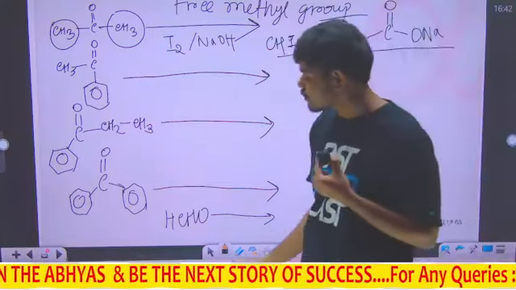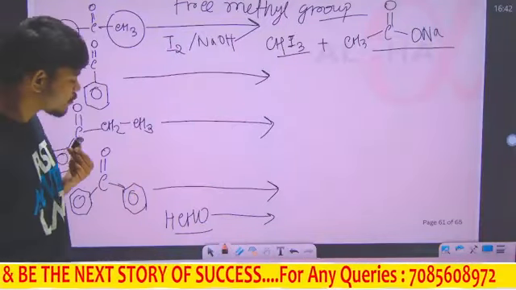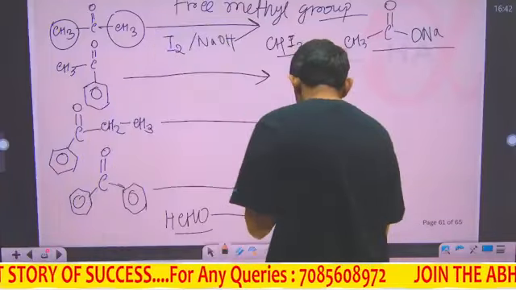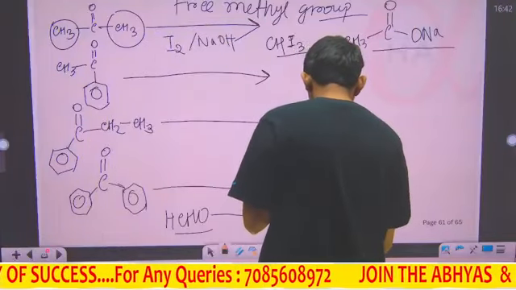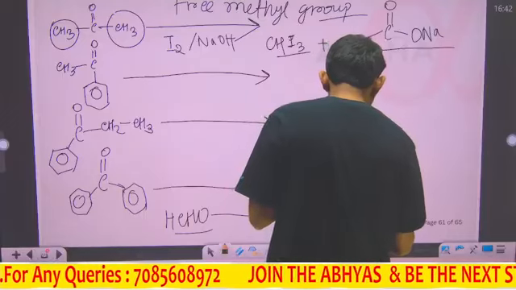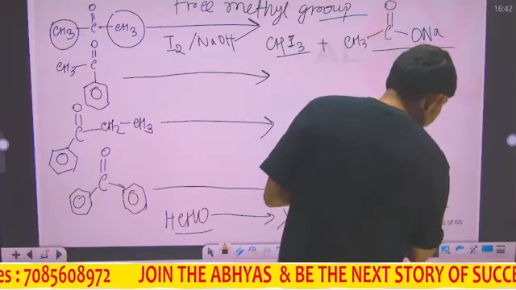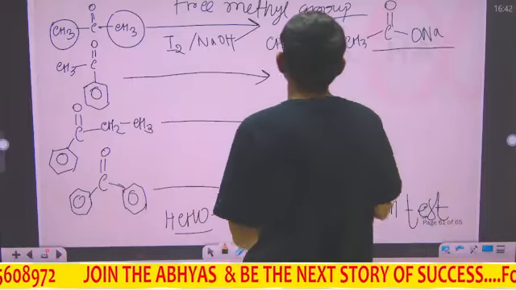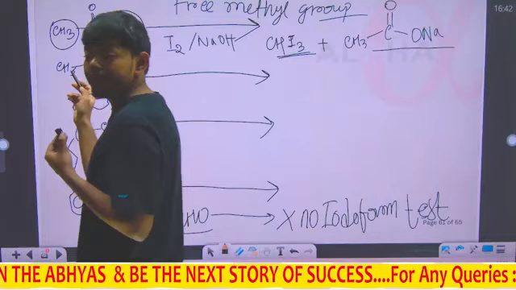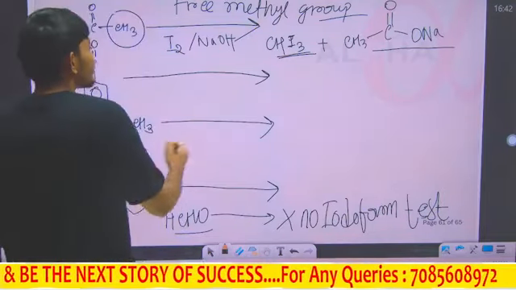So if you want to distinguish this, does it contain any free methyl group? No, it does not contain. So it will not give the iodoform test. No yellow color compounds. The yellow is the color of CHI3. And this one, does it contain a free methyl group? Yes, it does contain a free methyl group. So it will give